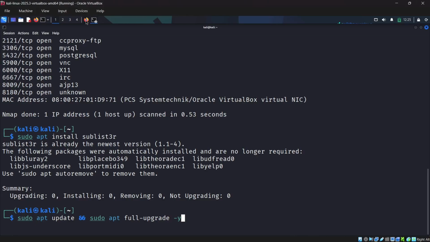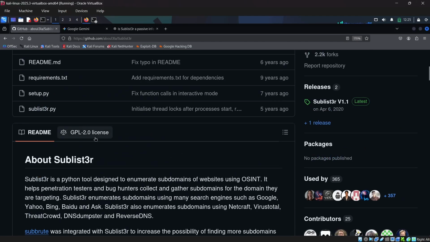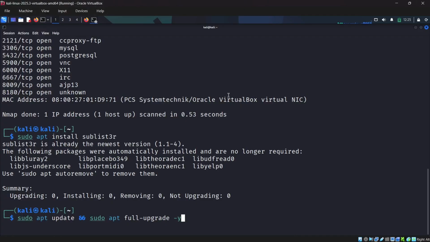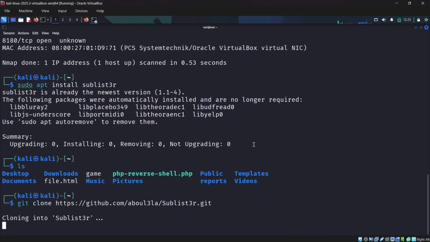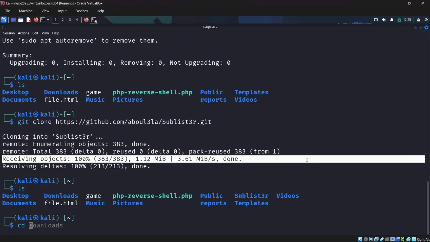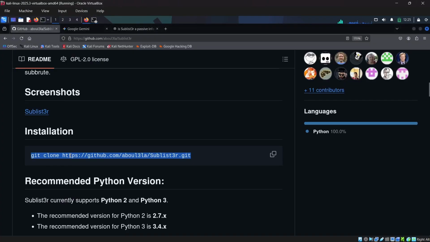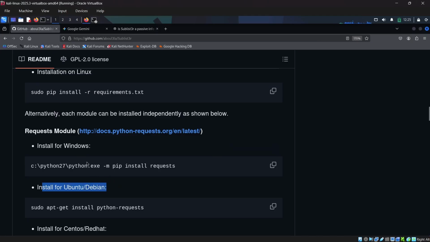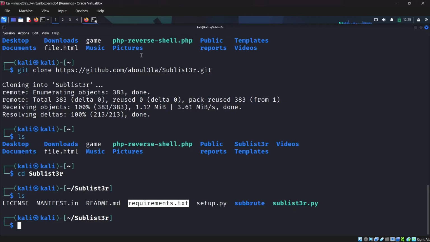There is another way that you can install Sublist3r, by using this GitHub repository, by cloning this Sublist3r. And once you clone, you will be able to see, let me clone that. So now I just cloned it and I was able to see Sublist3r here. So I'm moving to Sublist3r. Now I can see there is a requirements.txt. I can execute the one that I want installed on Linux. So here it is. I can execute this command to get it done,